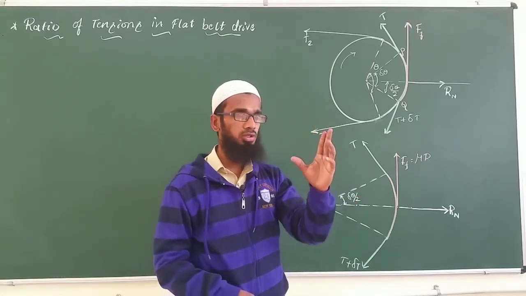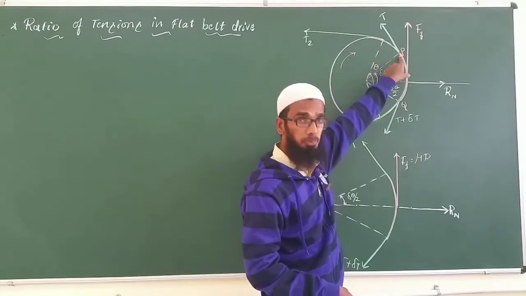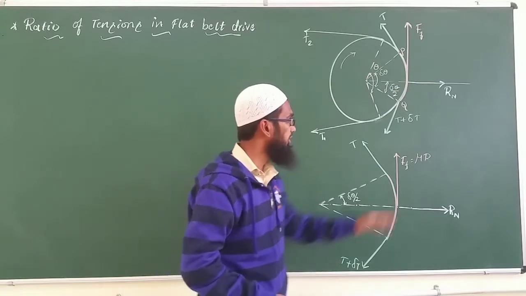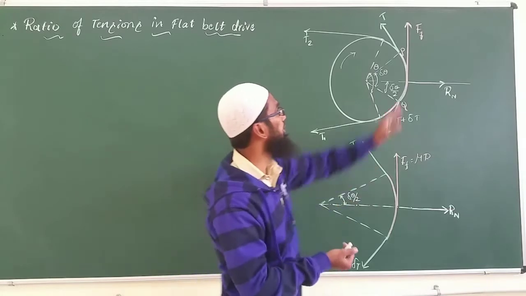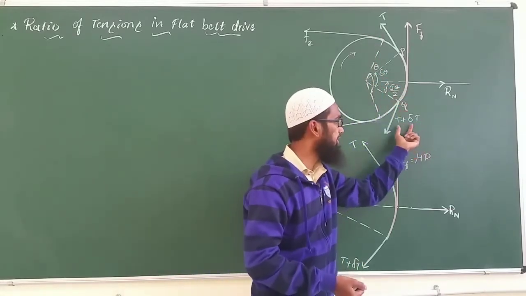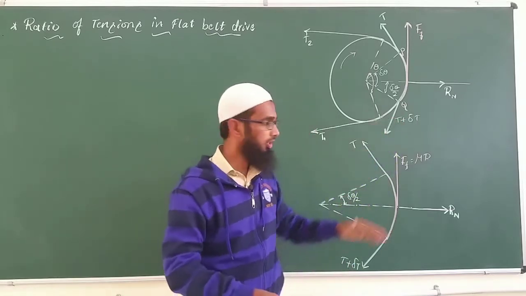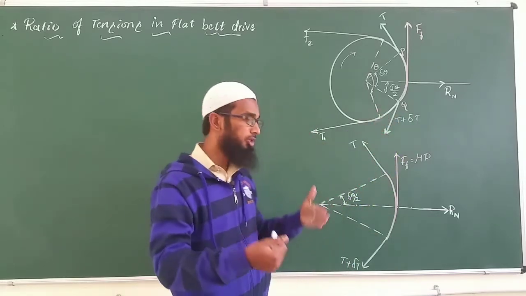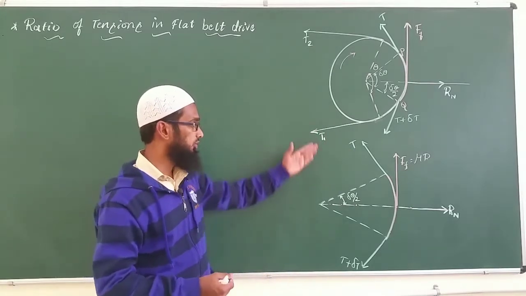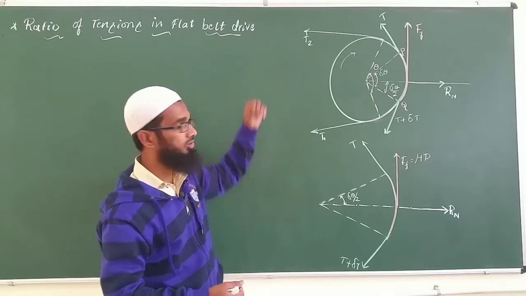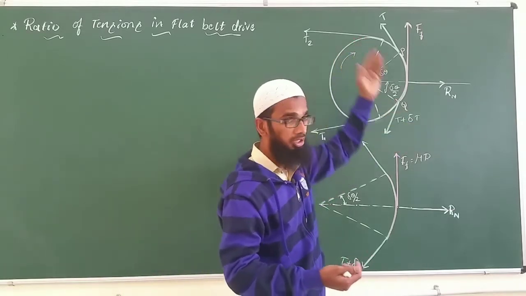Now there is a small amount of tension, so we can see there will be a tension T at point P. At point Q, the tension will be larger compared to this T. That's why I have taken it as T plus dou T, a small increment in the tension at point Q. The bottom portion is subjected to the tight side tension, so T1 is greater than T2. Similarly, T plus dou T will be more than the given T here.